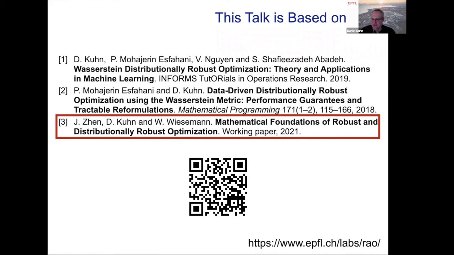It turns out if you do that, then in some sense you account for the true distribution in your decision making, and empirically this often leads to decisions that are better than if you just use a sample average approximation, or if you just try to estimate the most likely distribution that generated your data and then optimize for that one. There are other aspects to that question. So actually, if you do what I described, if you use these measure concentration results, then in practice, you will choose the radius to be much too big, and you will get over-conservative decisions.